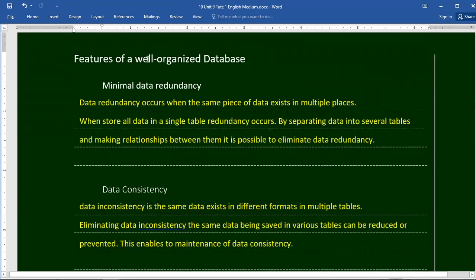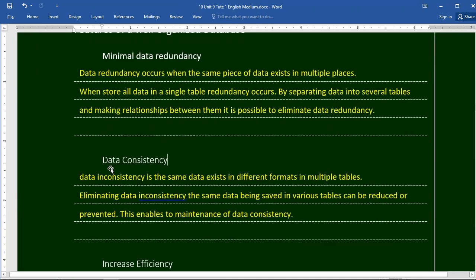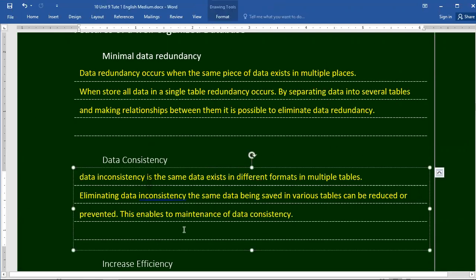Data inconsistency occurs when the same data exists in different formats in multiple tables.